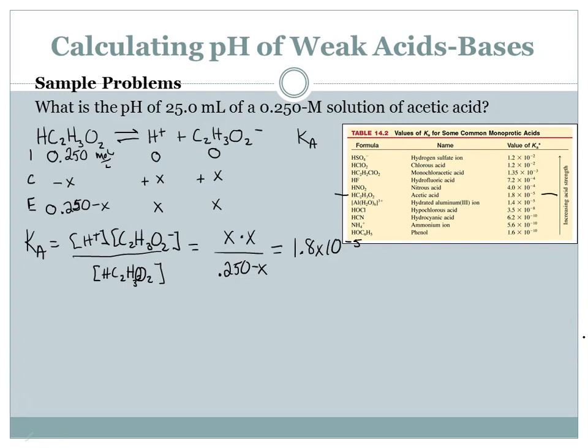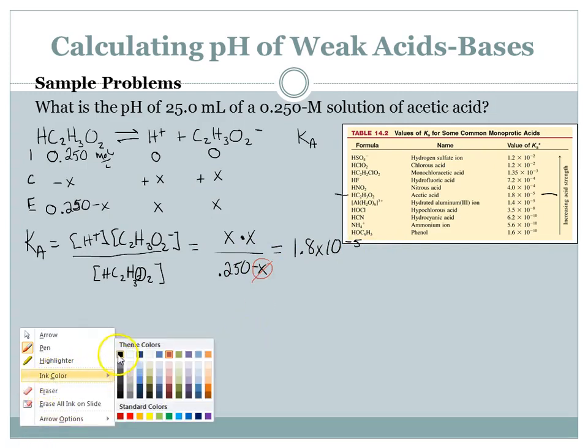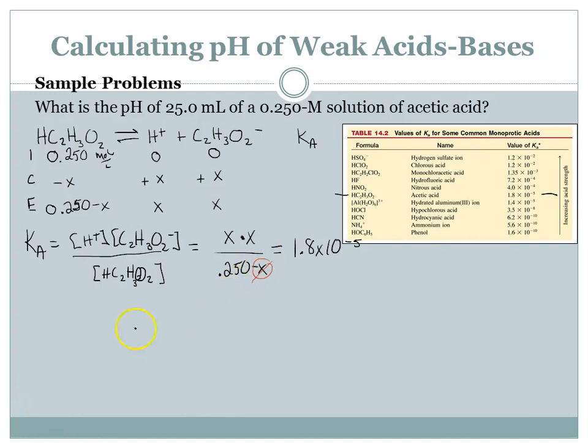Now here's what we're going to do. We're going to make a little assumption, and this is a little shortcut that we can use. We can reasonably say, based on the fact that the Ka value is really tiny, 1.8 times 10 to the negative fifth, I can pretty much assume that any change is going to be negligible. So I can eliminate the x in the denominator, which makes solving for x so much easier. So now we've got x squared over 0.25 equals 1.8 times 10 to the negative fifth. Then you solve for x, and x comes out to be